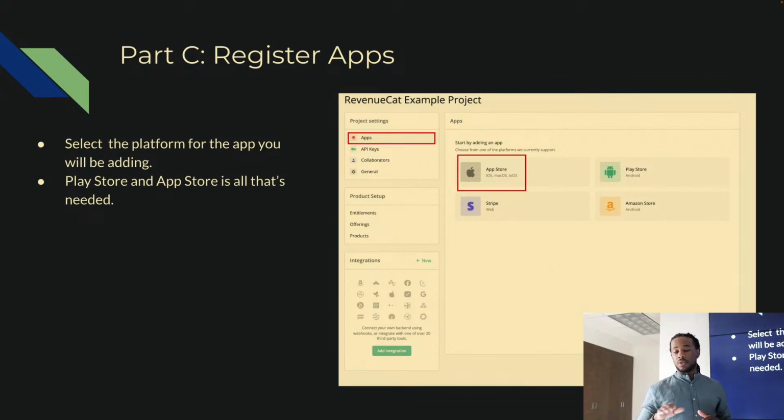Then you also need to register your apps. There are different platforms that you can specify for RevenueCat. Since we're using Android and iOS, we're going to specify the App Store and the Play Store. There are also other ones like Amazon Store and Stripe, but I've never really used those. So if you want more information on that, I would just check the site to get a better understanding of